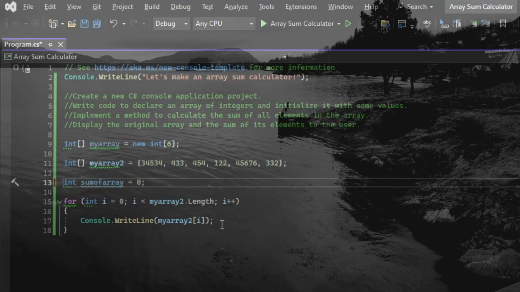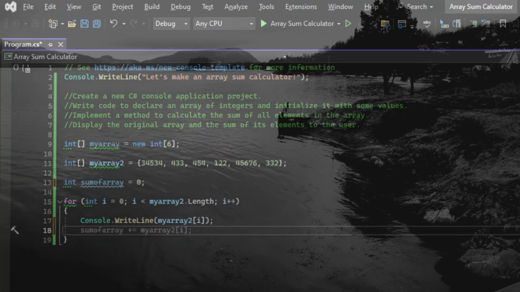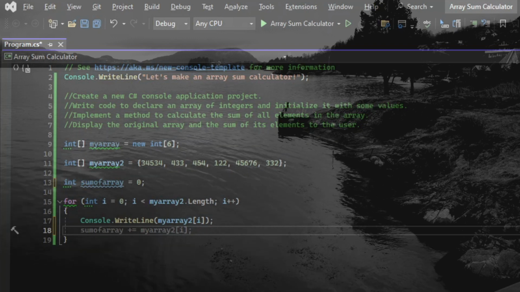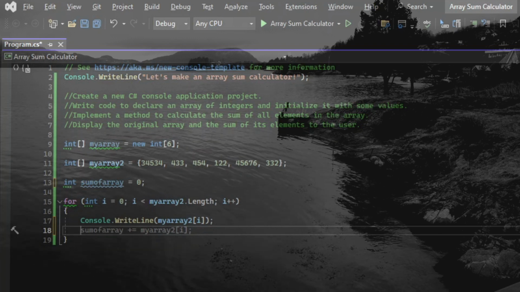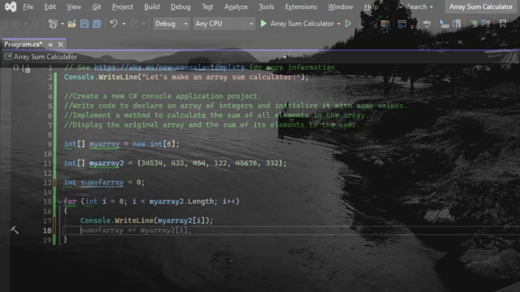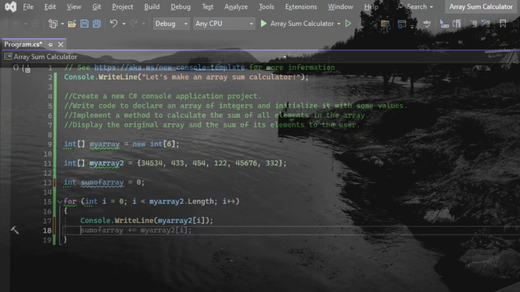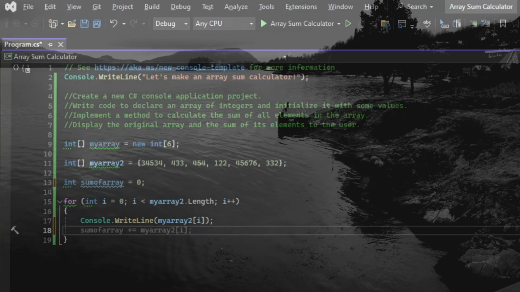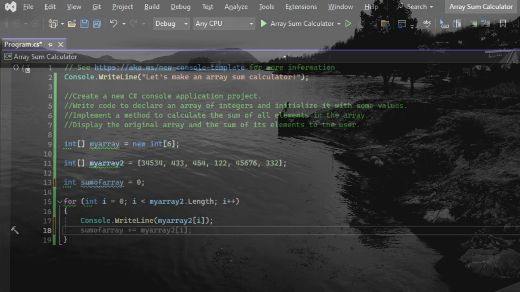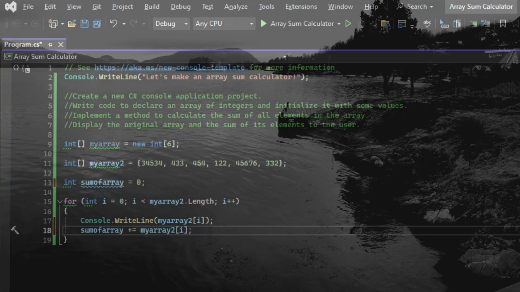And now let's try to sum it up each time. It's already an integer, so we can just add it. How about we just say, yeah, it's already suggested for us. So we